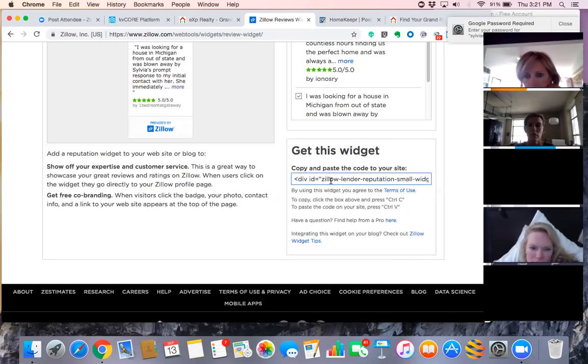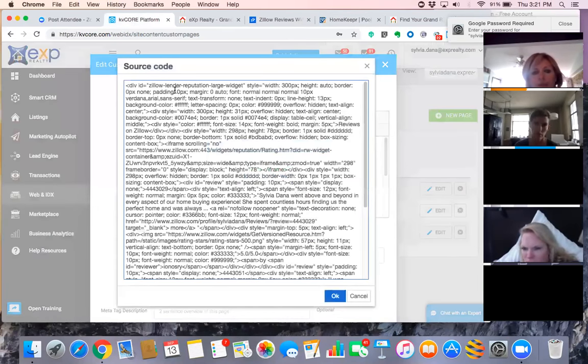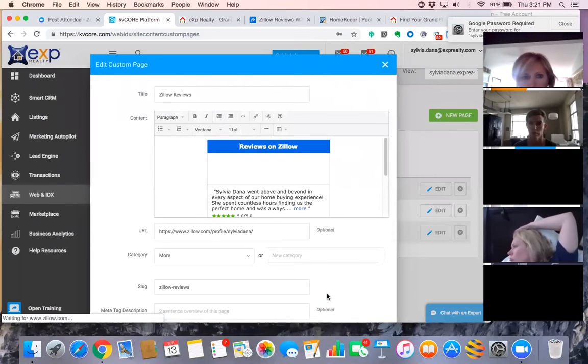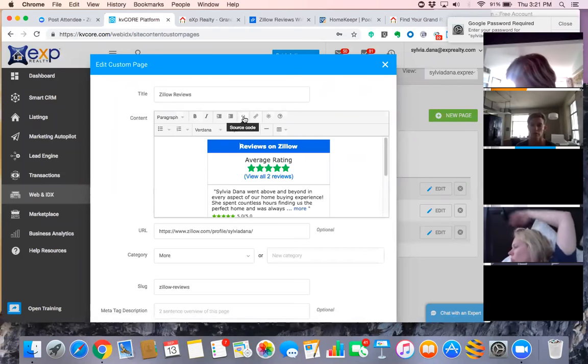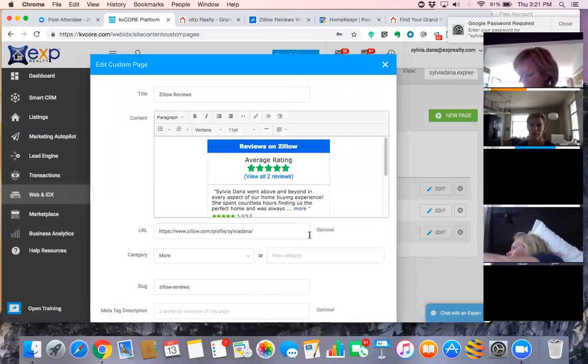One easy way to do that, if you don't know, is you click inside and press Command A, and that will select everything, and then Command C to copy. So you just copy that whole thing. Then, you see this little source code button? I click on source code, and I pasted that code in here, and said okay, and then it popped up. Anytime you're pasting code, you have to find these little triangles, click in there, paste the code and say okay, and ta-da, that's how it happened.